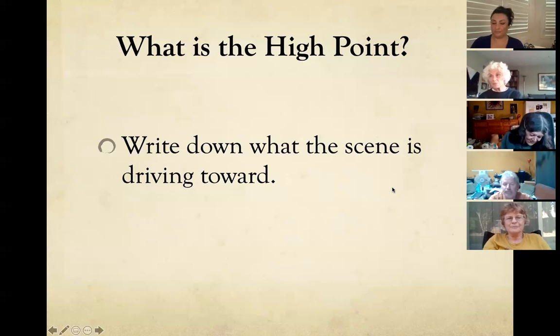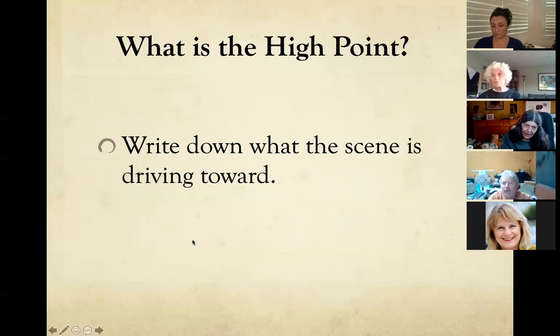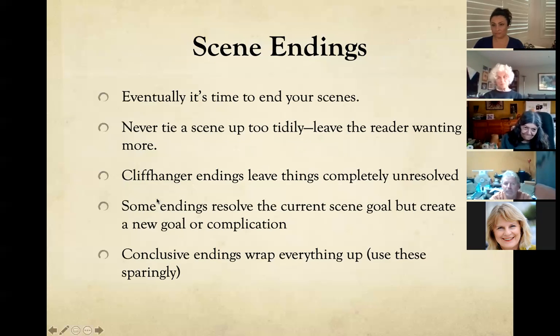Okay, well, this is a mystery. So the high point is my detective realizing that this woman was killed in the same way as the first victim, and that it's possible that she's wrong about who the killer is, because the son she thinks might be the killer doesn't seem all that concerned. Good. Excellent. All right, I think we're just going to finish up with scene endings and then we'll get on to